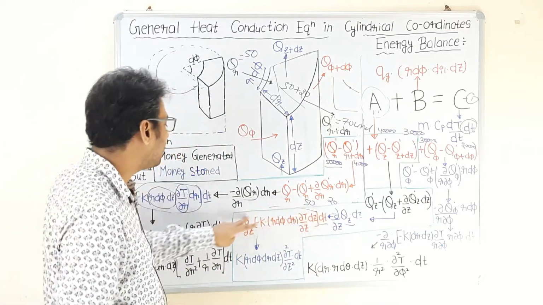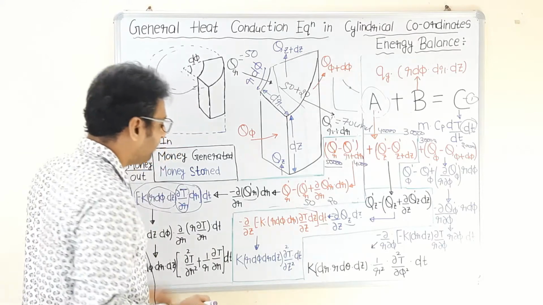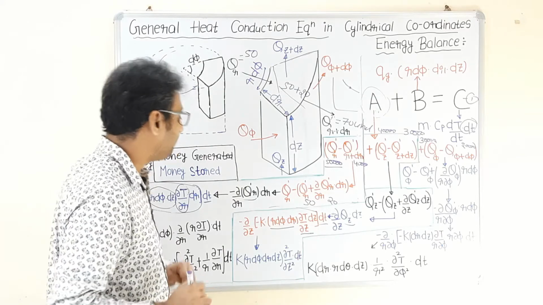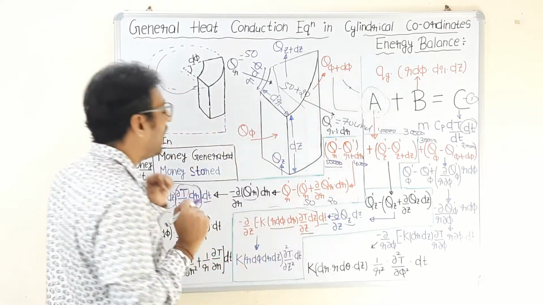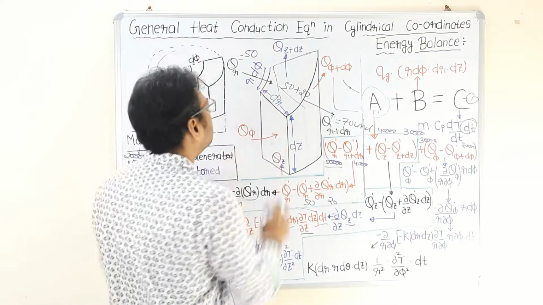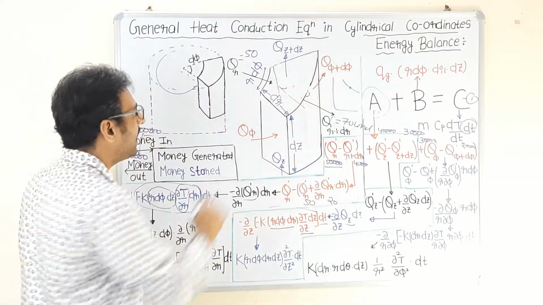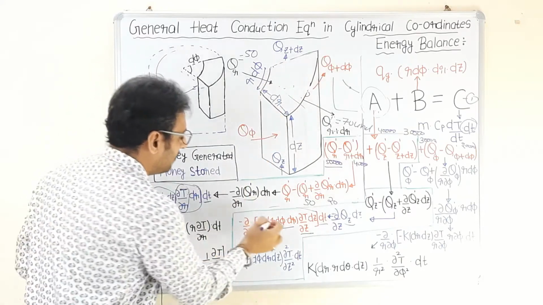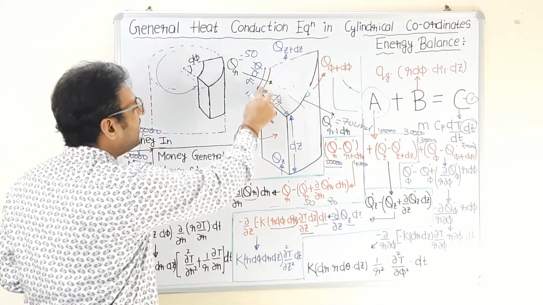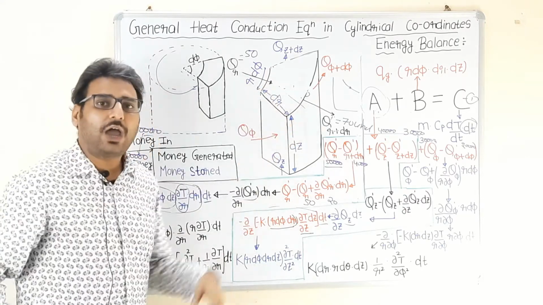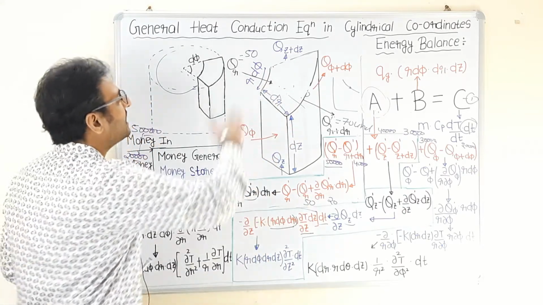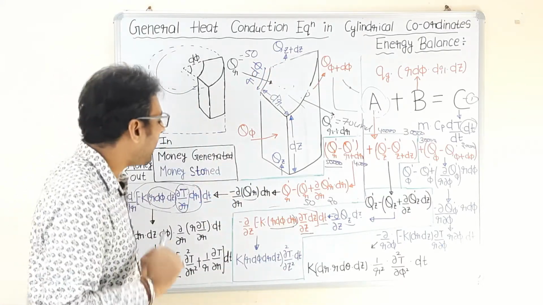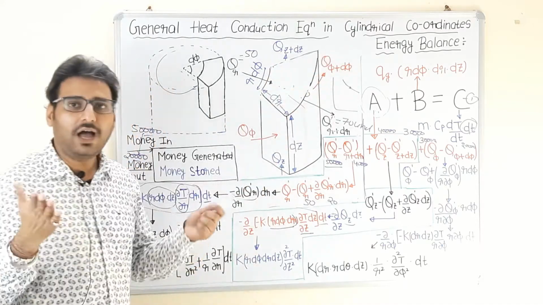So we will get the amount of heat. Now again, these two terms are emphasized because heat is conducting in the axial direction. So for the axial direction, the area perpendicular will be this top surface, and the value of the area will be r dφ into dr. I already told you that for a differential element, this curved line is treated as a linear line. Okay, so this will basically be a rectangle.